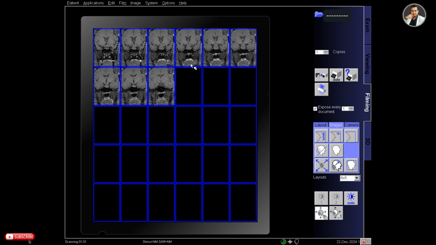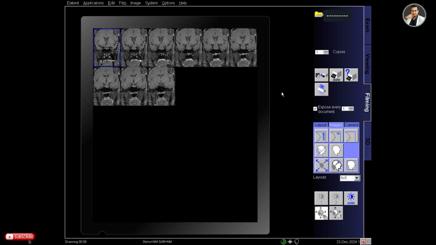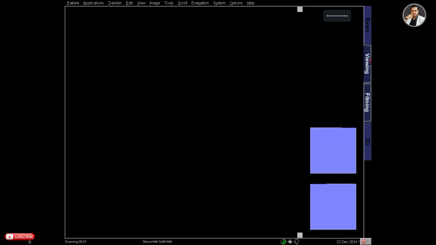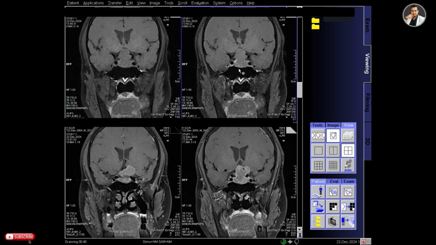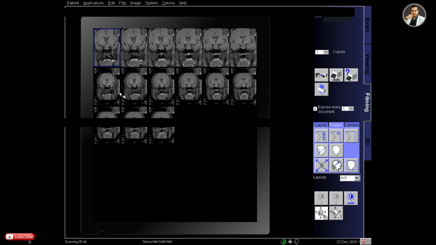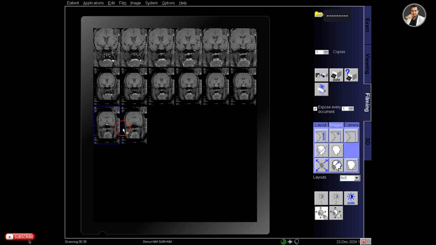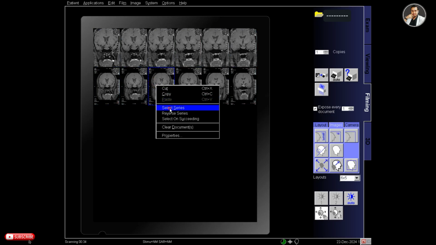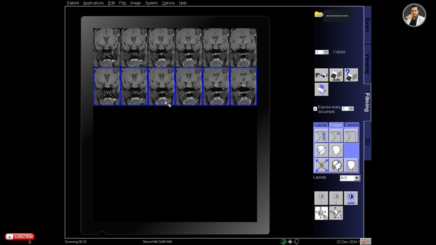So I change the layout to 6x5 so that I can put 6 images in a row, and there are 5 rows that I will put the 5 dynamic scans in, one by one. So in the second row I am putting the second scan from the dynamic, just after the contrast is given. This scan is taken, the second scan,